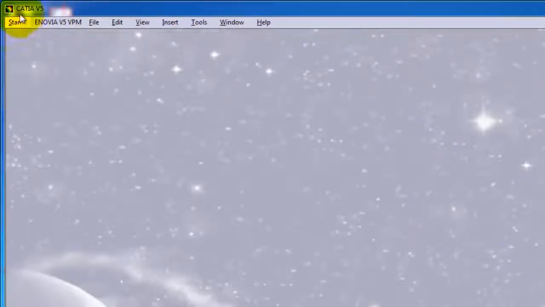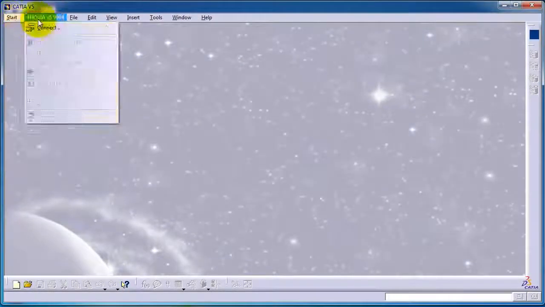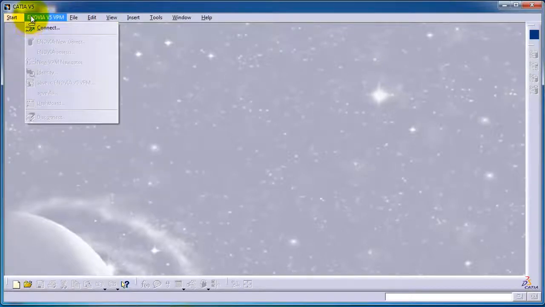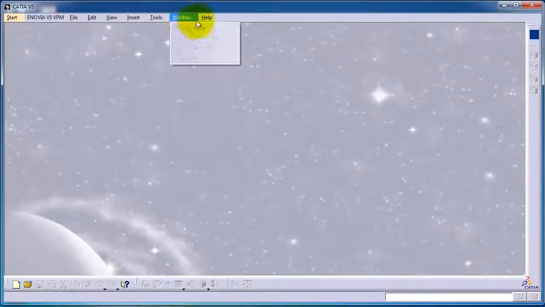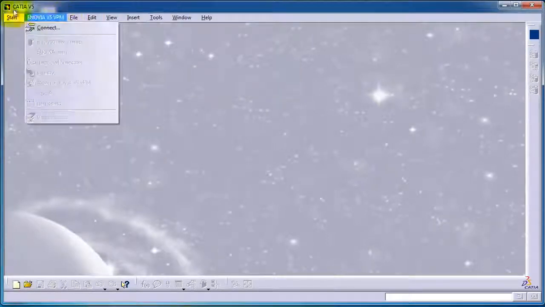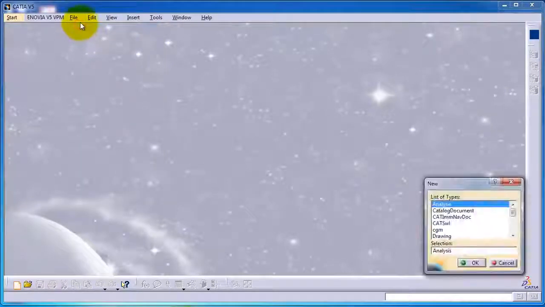So now I am starting CATIA, and here is the starting interface. This is the interface. You can see start, version 5, file, edit, view, insert, tools, window, help. So now let's go to the file and make new,